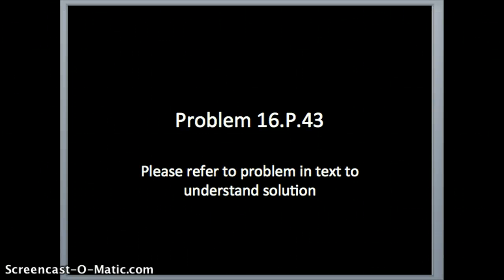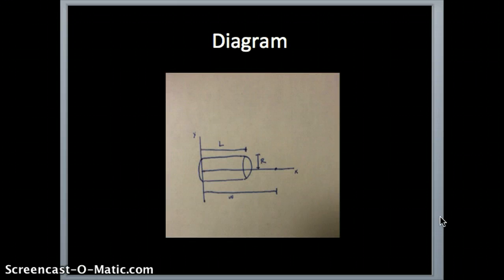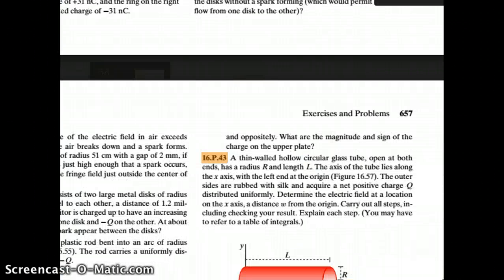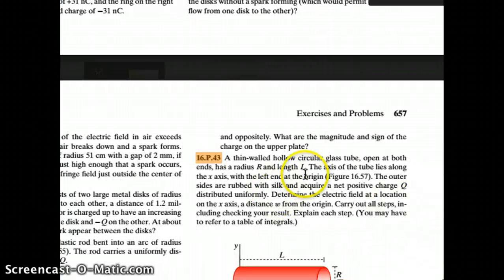This quiz tutorial is on problem 16.P.43, so please refer to the problem in the text to follow along. This is the diagram included with the problem. The problem reads, a thin-walled hollow circular glass tube, open at both ends, has a radius r and a length